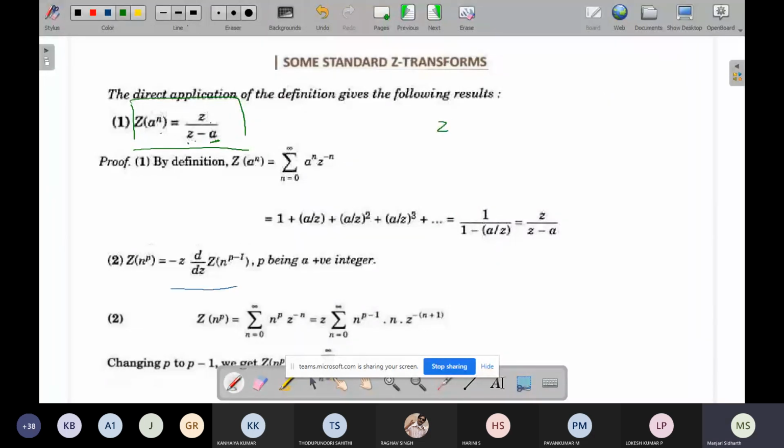Z transform of a power n, we need to find. So use the definition. Sum over n equals 0 to infinity of u_n, that means a power n divided by z power n. First term: a power 0, z power 0, that means 1. Second term: a power 1, z power 1. Third term: a power 2, z power 2. Right? So you can write in this form